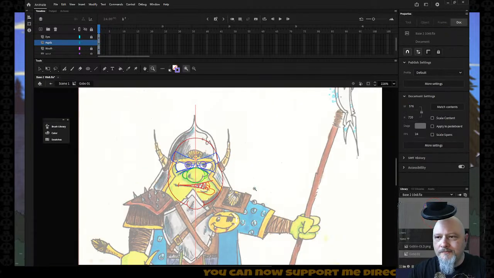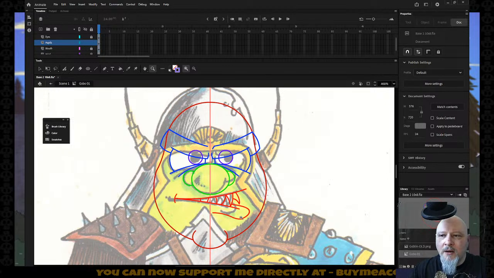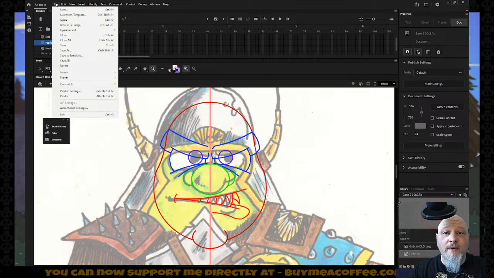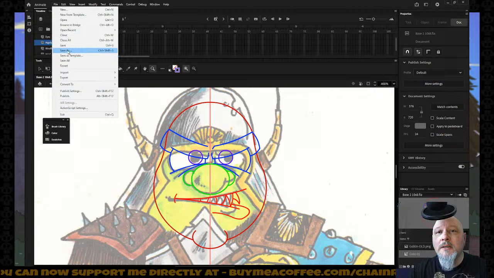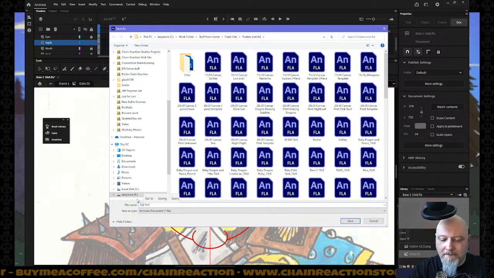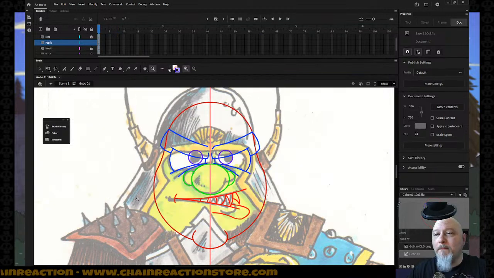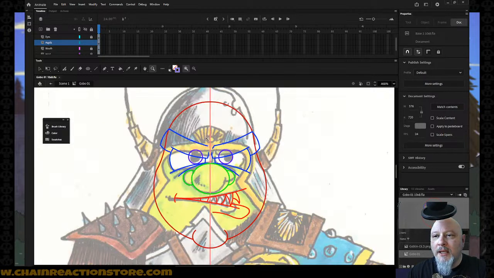All right. This is our reconstructed head. So let's go File, Save As. I know it's been saved in Auto Backup, but we're going to say Gobo01 because I have no idea what to name this guy. Now I'm going to come in here. I'm going to do my thing with the ears. We're going to go ahead and stick with the purple